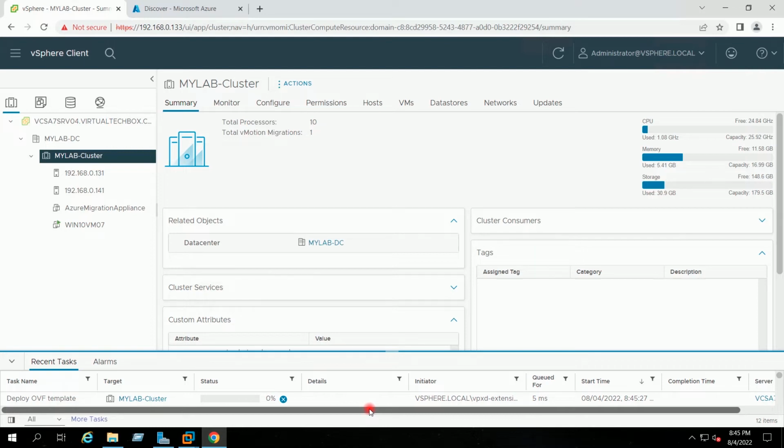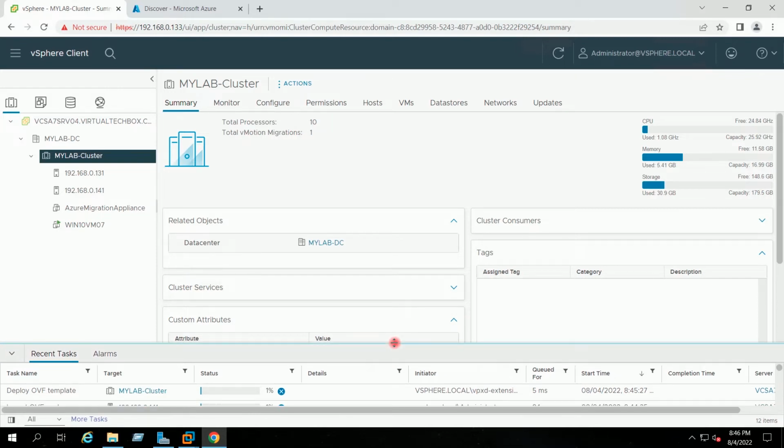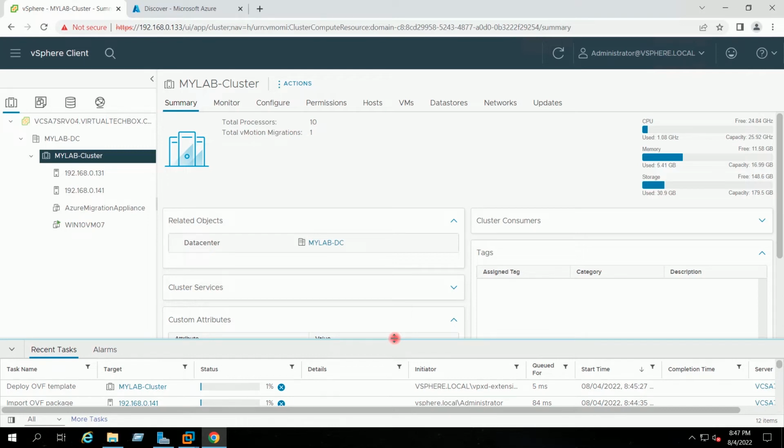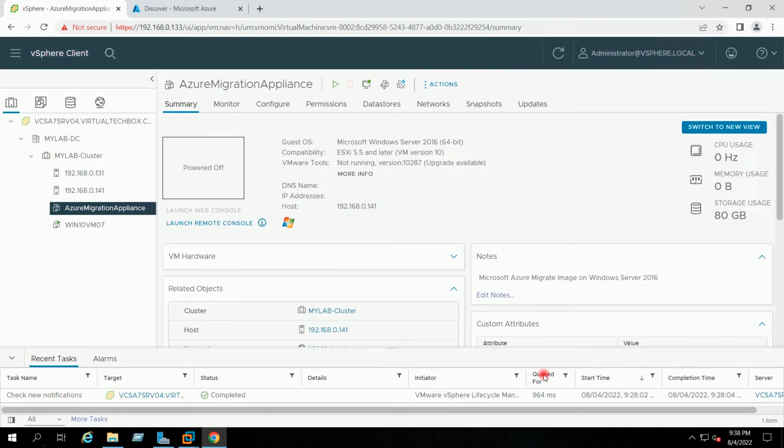This OVF template deployment will take some time. Here the migration appliance has been imported and deployed, and it is present in my inventory in the powered off state.